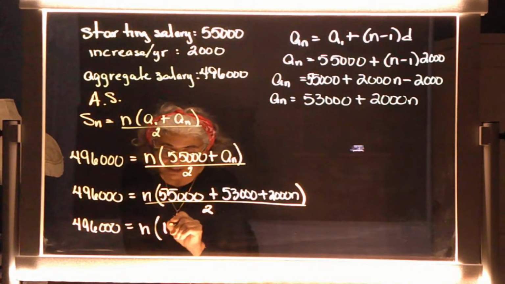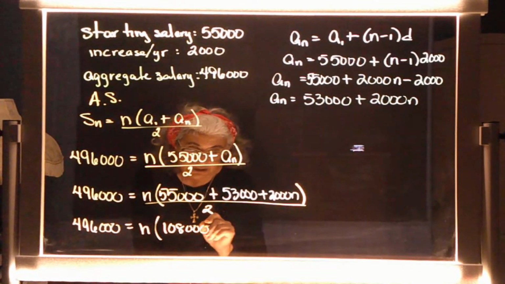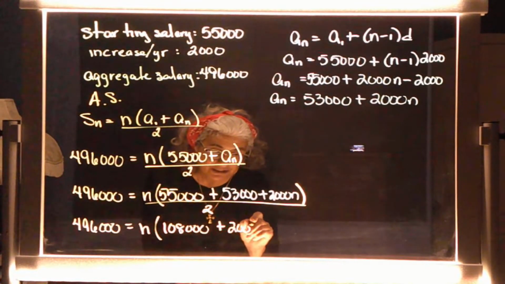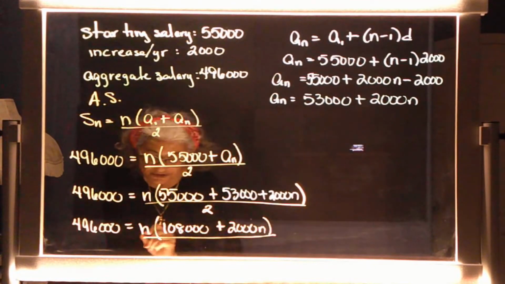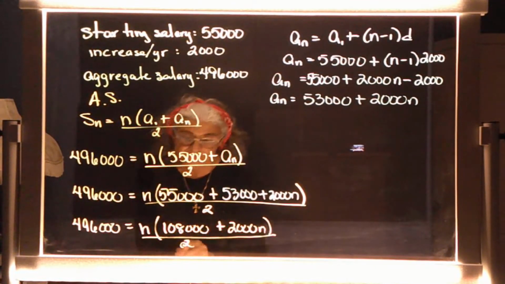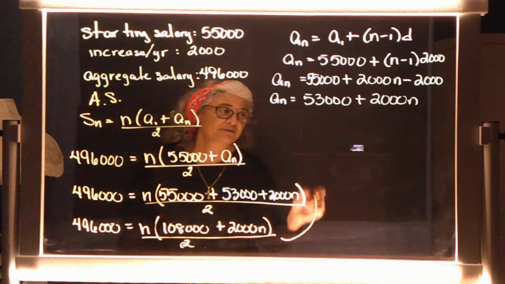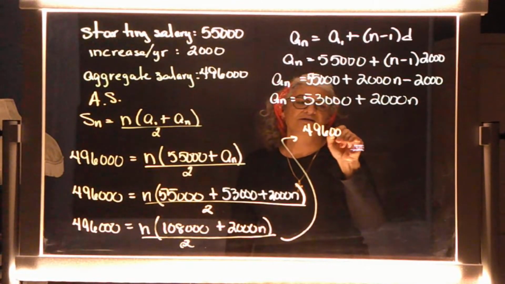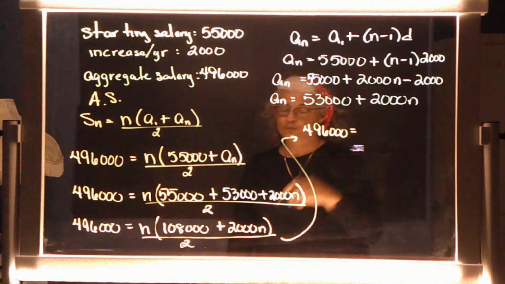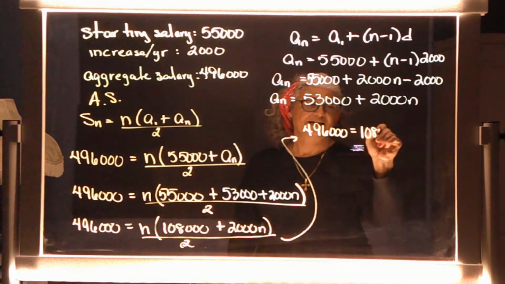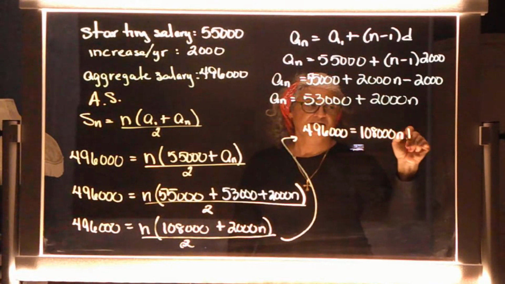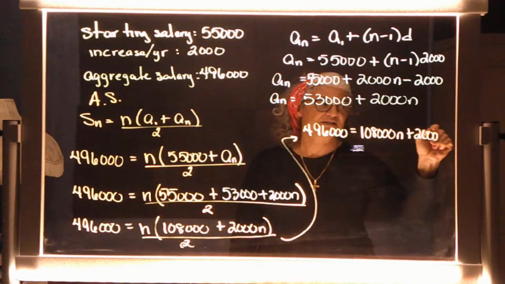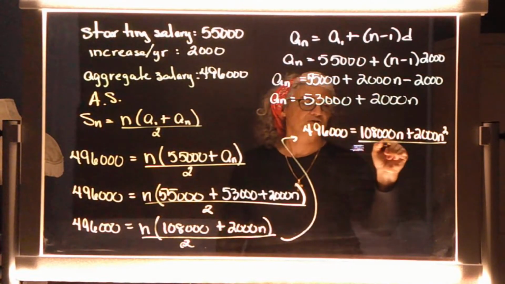Yeah, you get 108,000 plus 2,000 n, right? All over 2. I'm going to distribute that n into the parentheses. So let's see, we get 108,000 n plus 2,000 n squared all over 2,